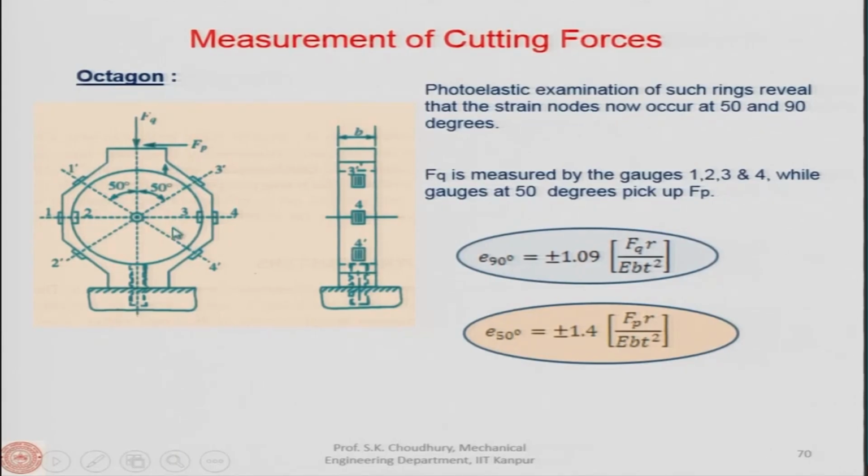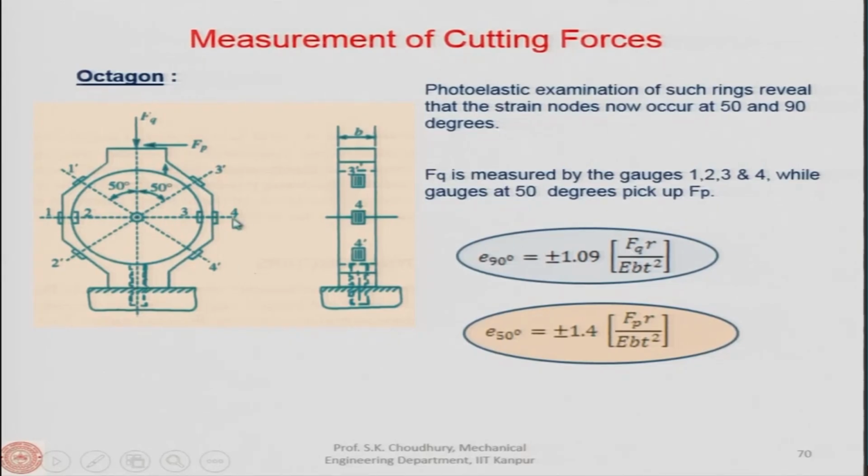Instead of 39.6 in the case of the ring structure, here it is the 50 degree angle. So, we are placing the sensors at a 50 degree angle, so that the maximum E can be obtained here. With these formulas we can find out the appropriate value of the FP or FQ by measuring the strain